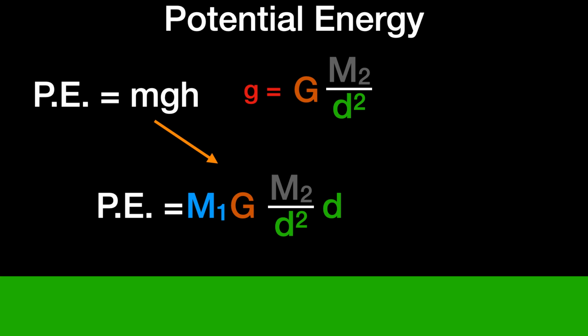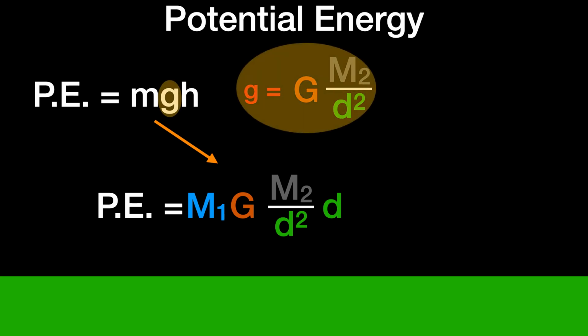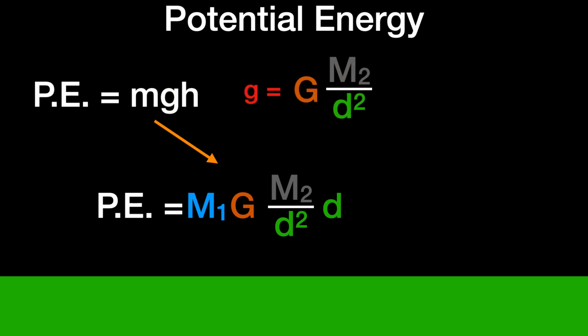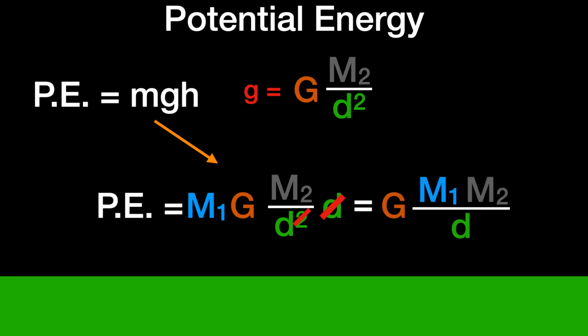As you can see, M is M1, G is, we figured out what G is, so I just plugged that in, and then H is D. So that's how we got that equation. As you can see, we can cancel some units here. D squared cancels with D, so we're left with PE, potential energy, is equal to G times M1 times M2